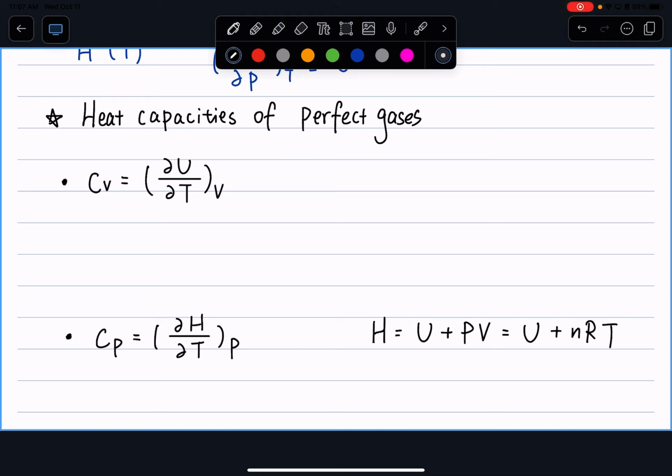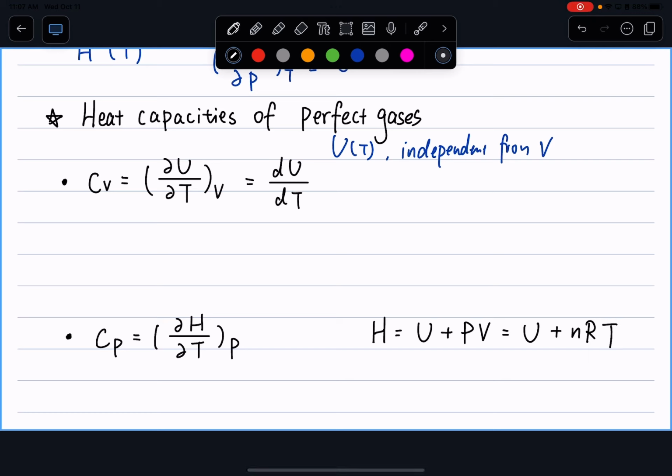The CV, by definition, is a partial derivative of internal energy over temperature at constant volume. Or in this case, because we know internal energy U is only a function of T, it's independent from V, then we have